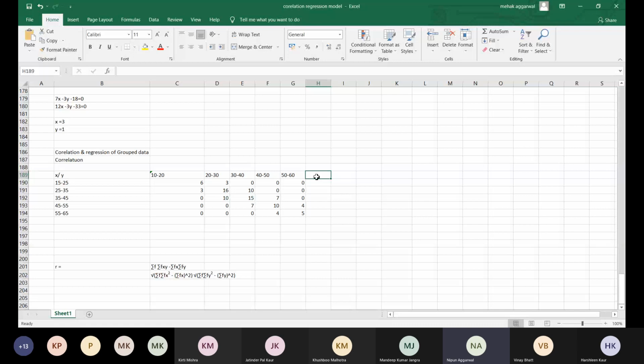So let's take the first sum, f. First, here is the total of this f. If we take the total of this f, 6 plus 3 is 9. In the same way we can make the total of all the rows. So this becomes the total. And in the same way we can take the total of all the columns. So this is also f, and if we take this as a sum, this will be the total sum.